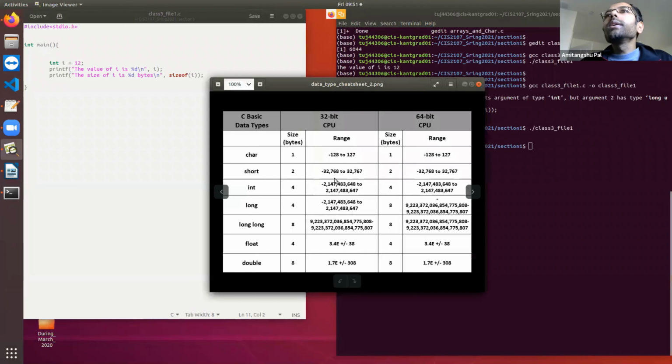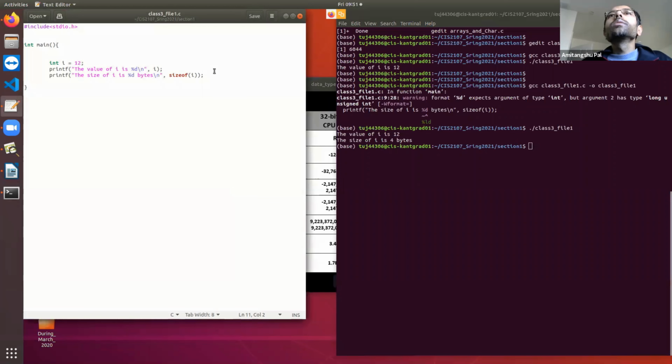Now let's see what is the maximum and minimum number that you can represent using integer. Okay. So let's see. The minimum and maximum that you can represent, we print using %d. So there are already some defined constants that store the maximum and minimum value of an integer. Okay.